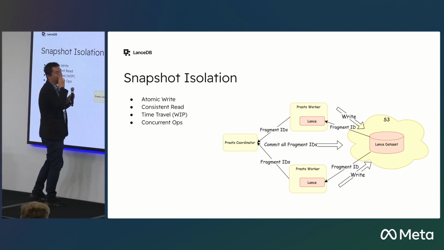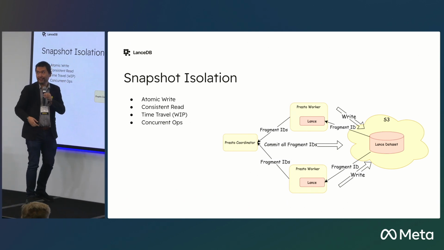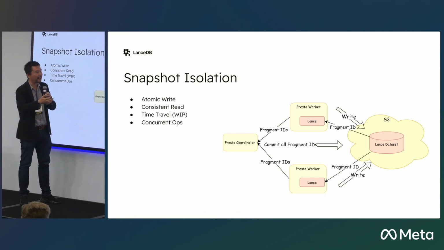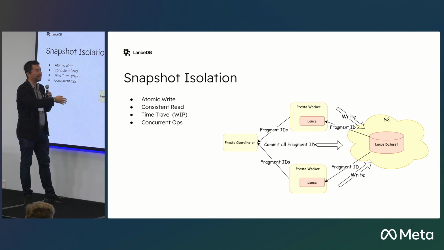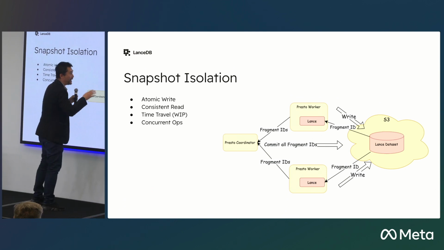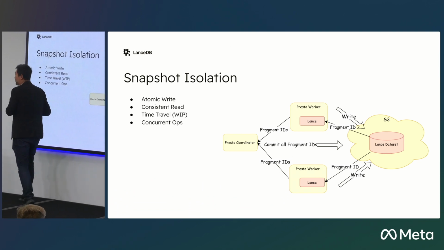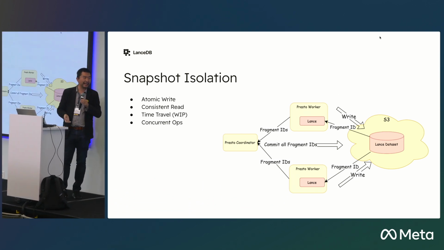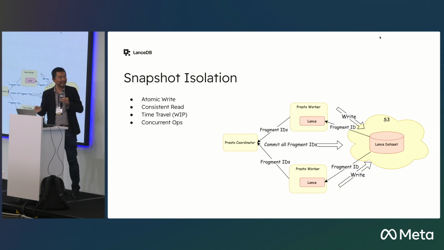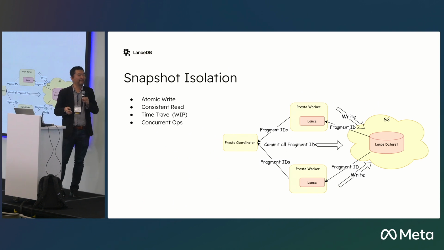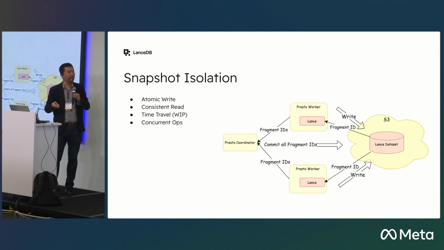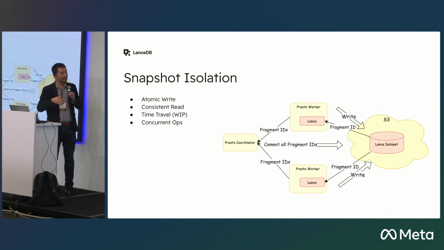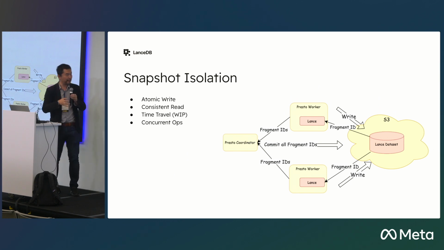And on the read part, they just check the version. Maybe you already started a query from the old data, so it won't touch the new data. So in this case, we have what we call snapshot level isolation, which means the reader won't read the uncommitted data, and the writers won't see each other. And if you start a read, you can make sure you will have the full view of the current version you are reading.